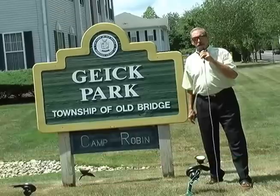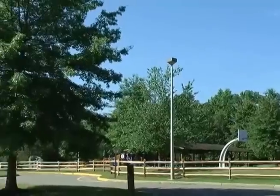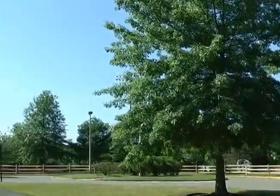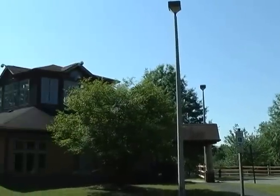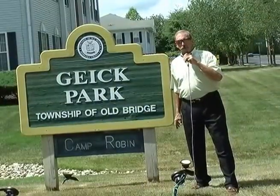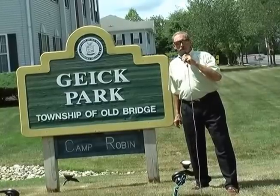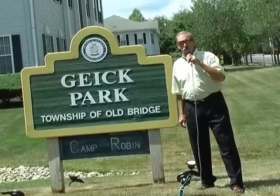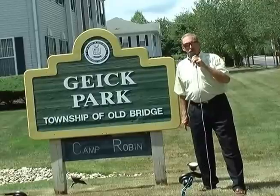And we're here today at Geick Park, which is the township's 40-acre park. Right now, currently our largest developed park. We have multiple facilities here, including the Camp Robin Therapeutic Recreation Building, which is the home of our Camp Robin program for disabled individuals, and also the home of 2 synthetic surface soccer lacrosse fields, a synthetic surface baseball field, a softball field, picnic grove, pavilion, sand volleyball courts, basketball courts, and assorted other amenities, including a large playground for